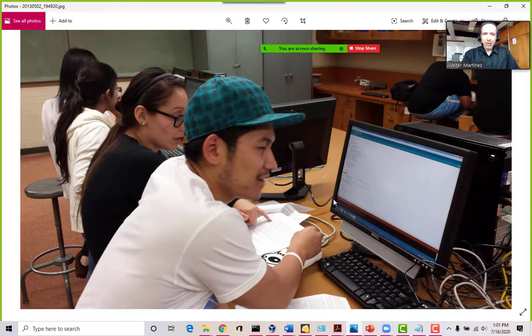Many of them. Just to give you an example, the lady that you see here with the glasses next to this student with the hat, she went on and she just finished her master's program, and she was so interested in computer security. The first thing she asked me when she walked into my class was, how do I hack computers?